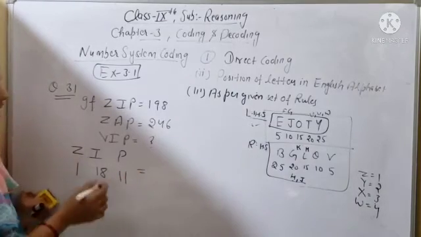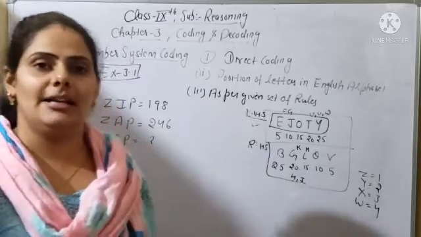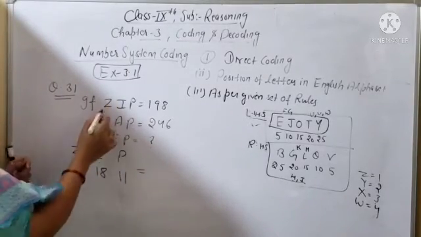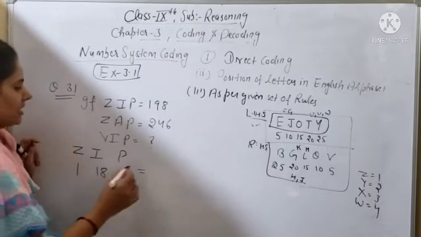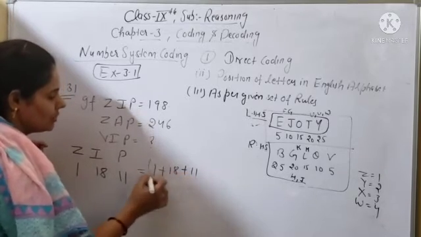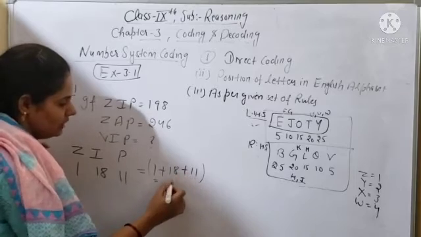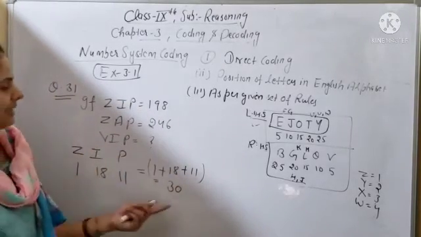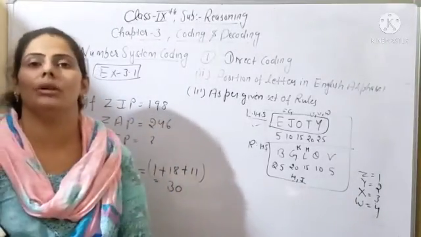What you have to do? First you will find out the position of the letters from the right hand side, beta. In this question first you will write the position from the right hand side. So Z will be at first position, I will be 18th position, P will be 11th position. Now add: 1 plus 18 plus 11. You will get 19 plus 11, so 30. Now 30 you are getting, so 30 multiplied by 8, you can never get 198, because 0 multiplied by something will always be 0.